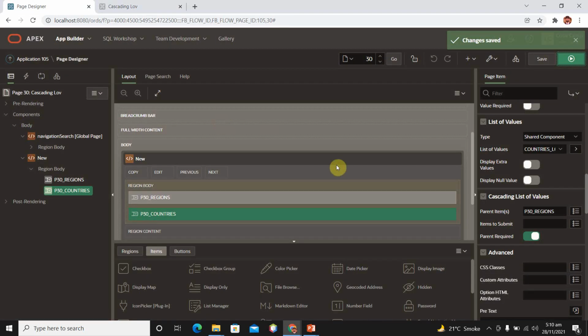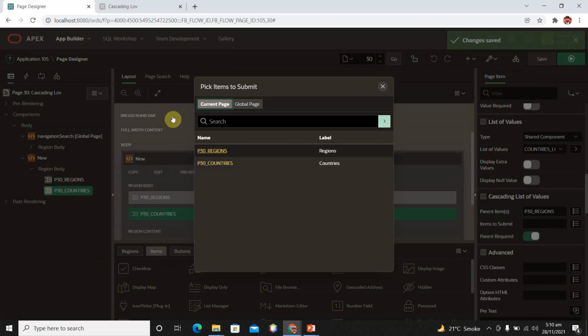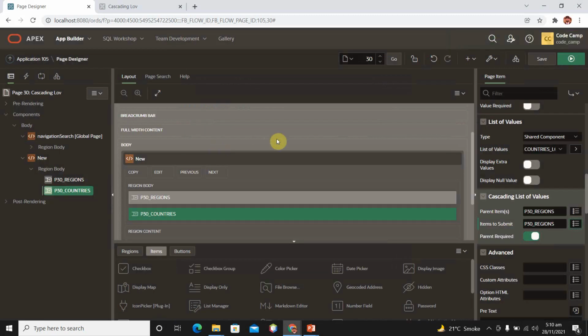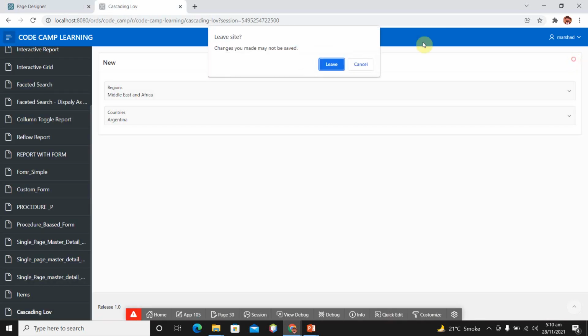So we need to submit items. We need to submit regions items, so that the region ID should be shown in our countries. Okay, run it again.